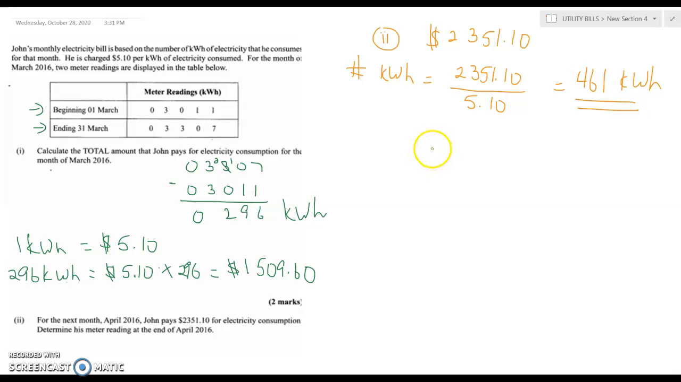Now, at the end of March, his reading was 03307, right? So that means for the beginning of April, his reading will be the same thing as at the end of March, right? And then the end of April,